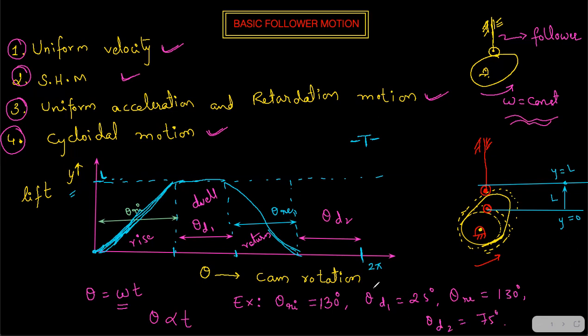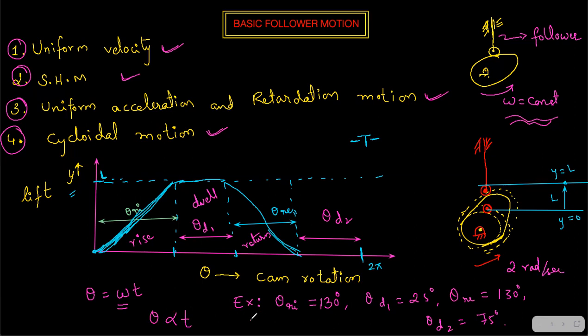So now if you want to know the time, for how much time is the valve going to be open? You can have this relation if omega is given: theta equal to omega t. Omega, for example, I have given, it is rotating with 2 radians per second. It's a very small value, but still 2 radians per second. Now substitute it.